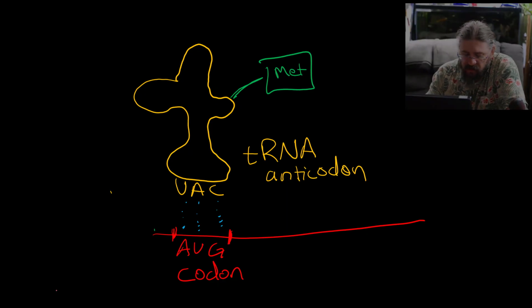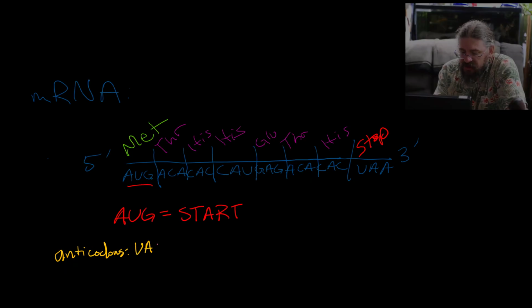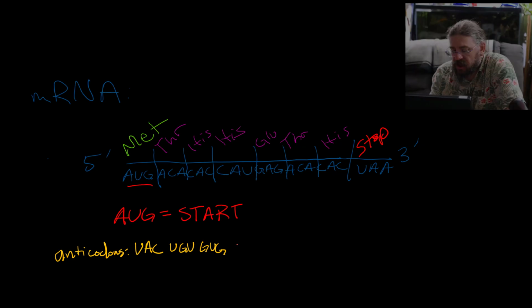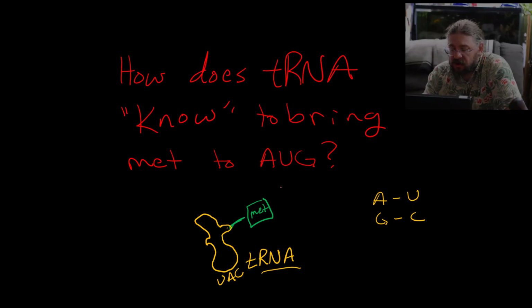Then the next one was ACA, which coded for threonine, which means that our anticodon, right? So our anticodons would be UAC, then UGU, and then GUG, GUA, or GUT. Oh, yeah, GUA. And then we'd have CUC, UGU, and GUG, and then there's no anticodon for stop, because an anticodon is on tRNA, and tRNA carries amino acids,